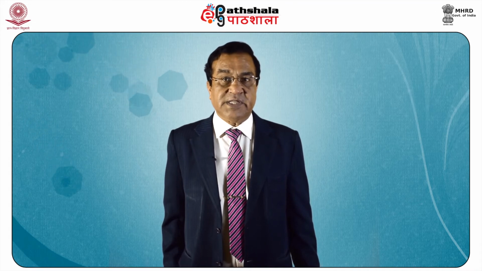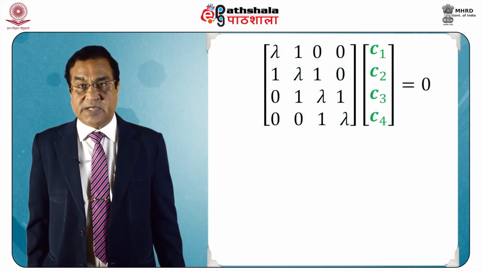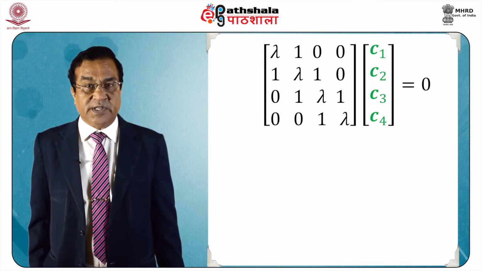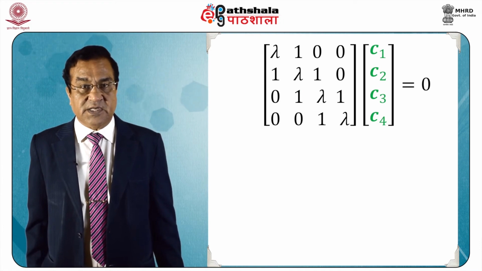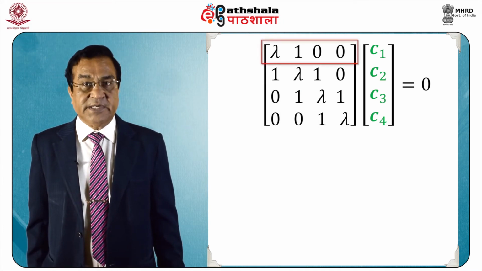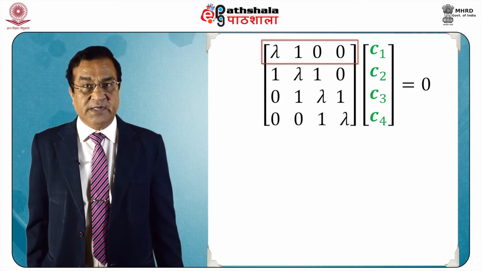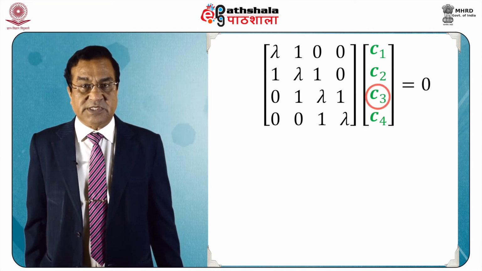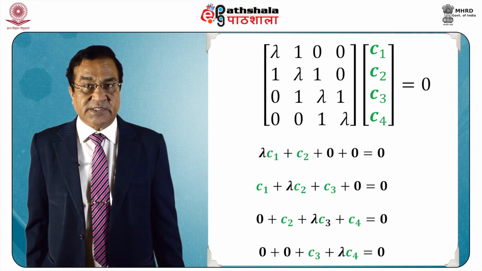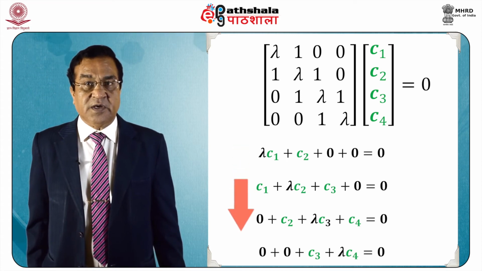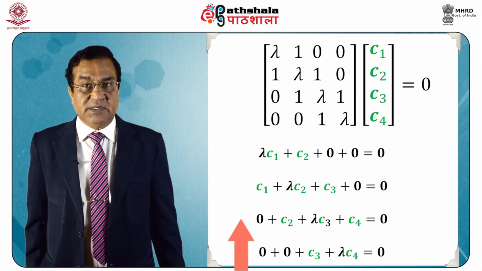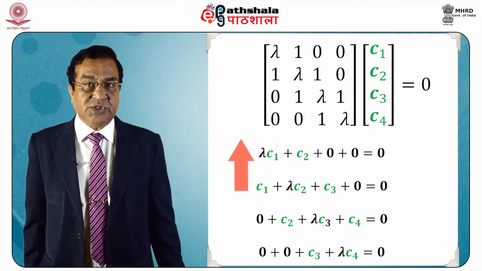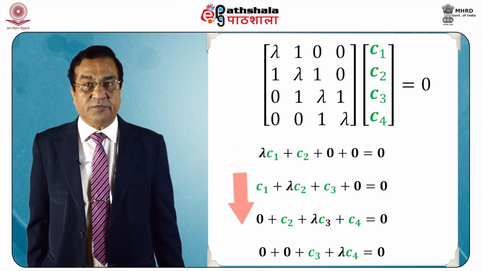And this very easily can be done by the corresponding secular equations with which we started. As you can see here, the secular equations look like this. First is lambda, which we have already simplified, and then we have the coefficients column determinant, which will be C1, C2, C3, C4. If we expand this, we get corresponding 4 equations. Each equation is in terms of C1, C2, C3, C4, and each corresponds to 1 lambda value.